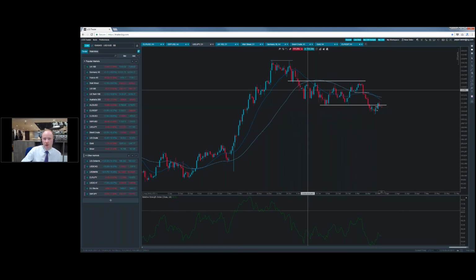The one thing that lends me to think that probably we're heading lower is we did have the break and we're below the moving averages. So law of probabilities to me says that we're probably heading lower, but just quite how much of a rebound we get into this decline is anybody's guess.